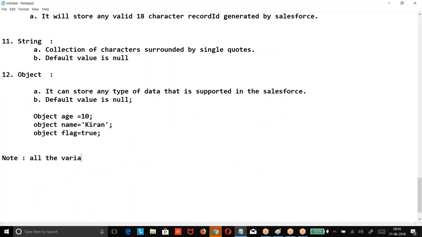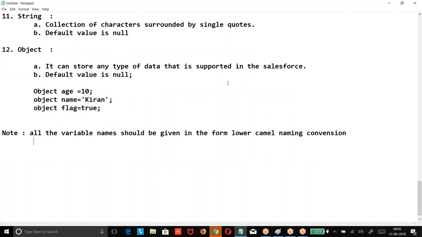All the variable names should be given in the form of lower camel naming convention.